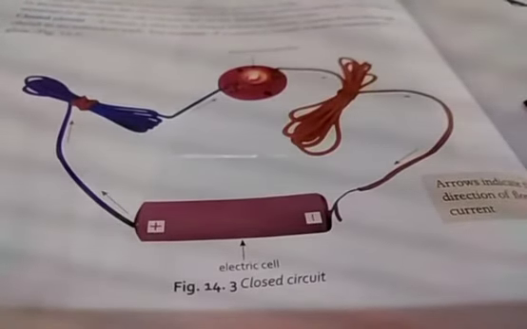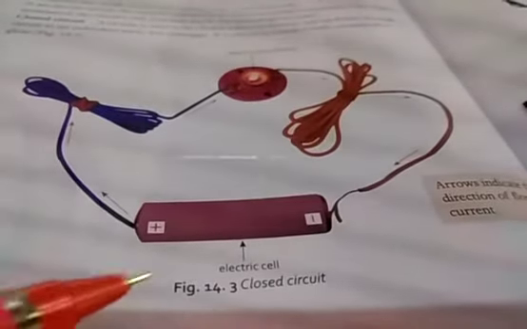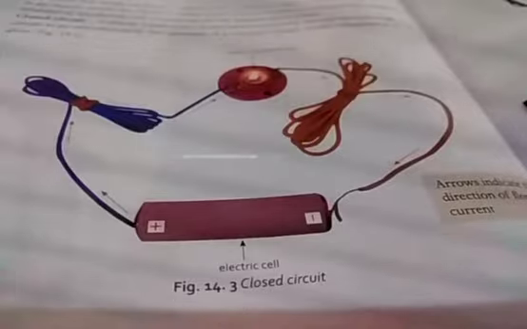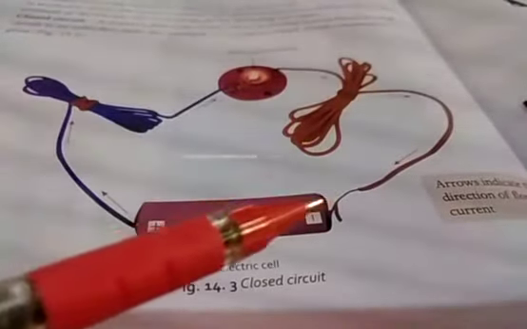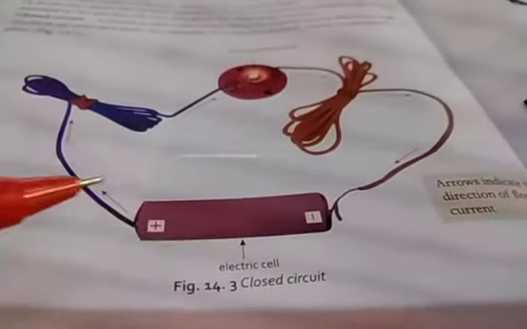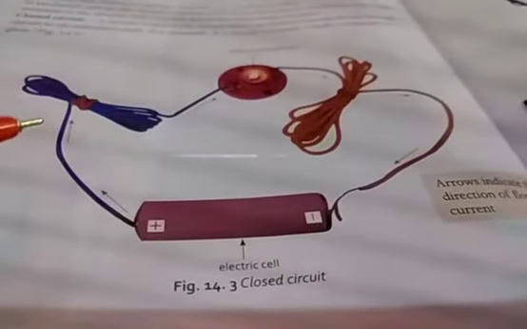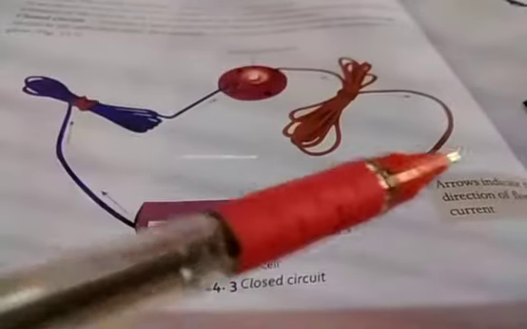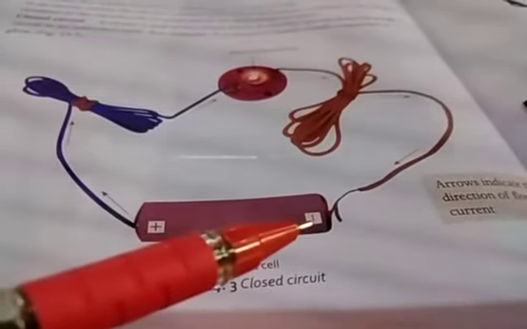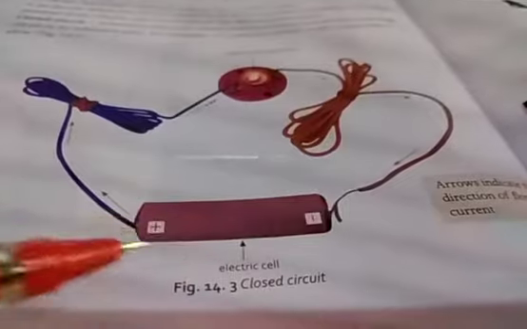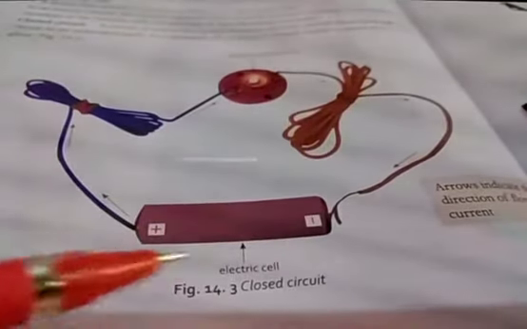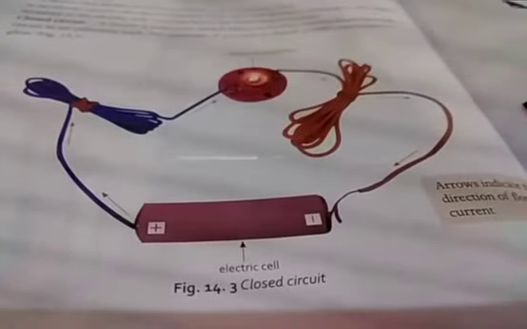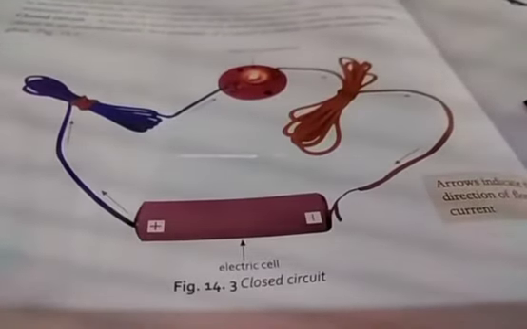Circuits are of the following 2 types. Now here you can see one is positive, the other is negative. Once we say circuit, it is fully connected and completed. The wire starts from here, goes through the bulb which is glowing, and again comes back and joins at the negative. If it is joined on both sides and it is closed, then it is known as a closed circuit. What is it known as? Closed. The other type is the open circuit.